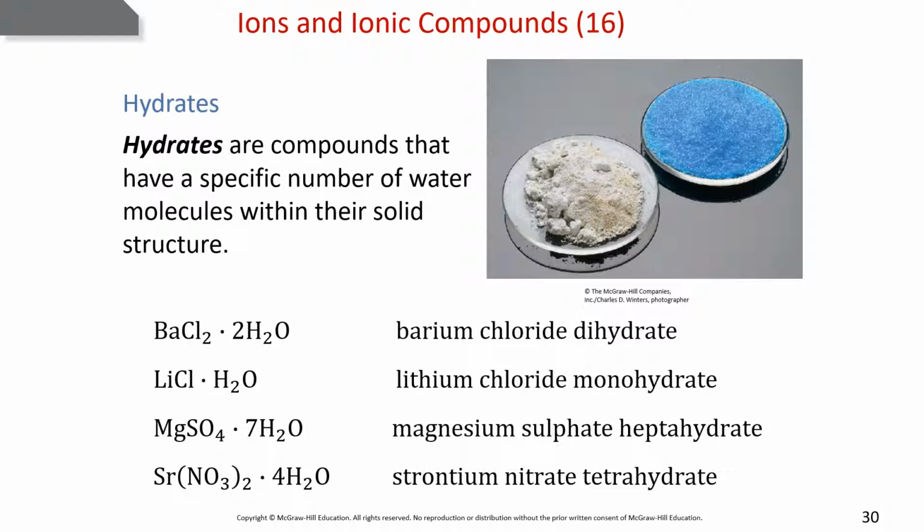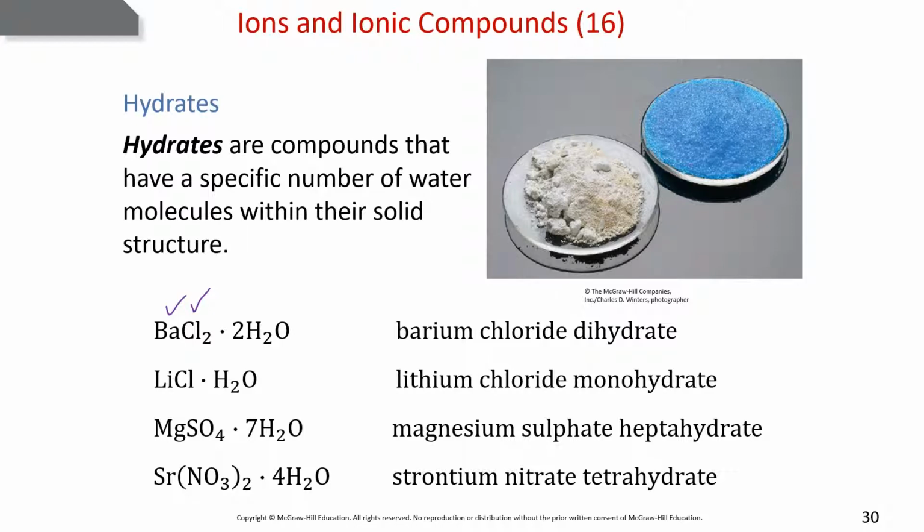Now we have hydrates. Hydrates are compounds that are generally ionic compounds that are bonded to water. There's water as part of their structure. Okay, so the way we name these is we simply name the ionic compound just like we would any other ionic compound, whether it's binary or ternary. In this case, we have a binary one for the first example. 1, 2. It's two separate elements. They are both a metal and a nonmetal, so it's a binary ionic. And I name binary ionics by, excuse me, naming the first metal, the cation, naming the second thing, the anion,